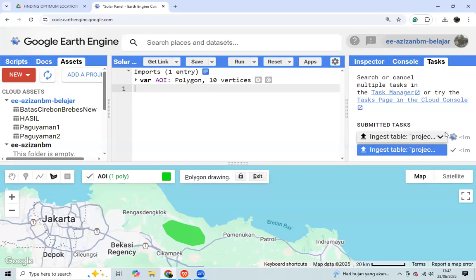It is still processing. We wait until it is blue like this.